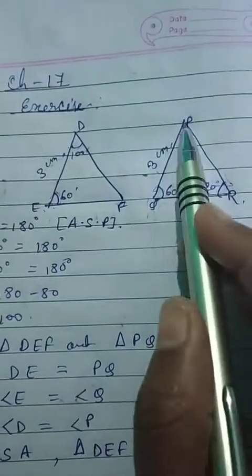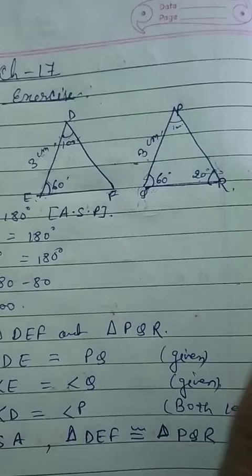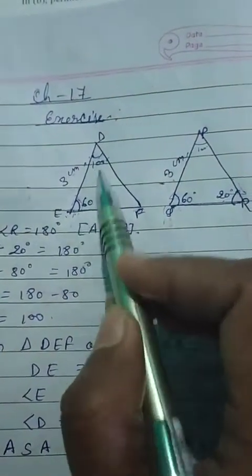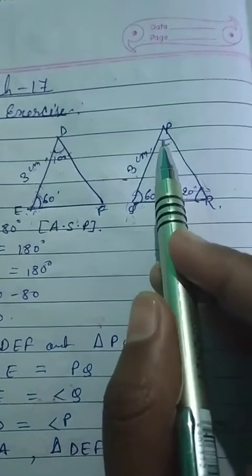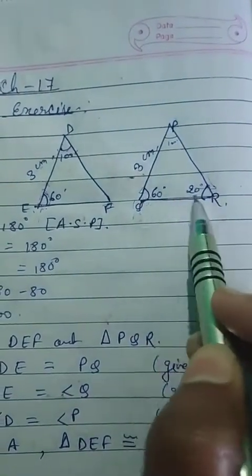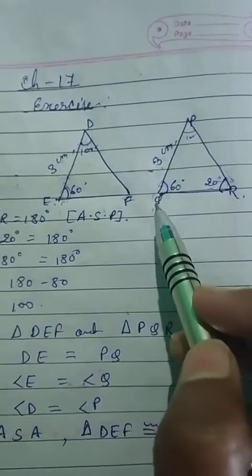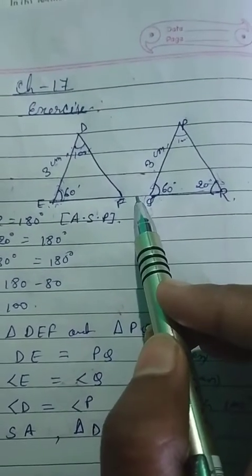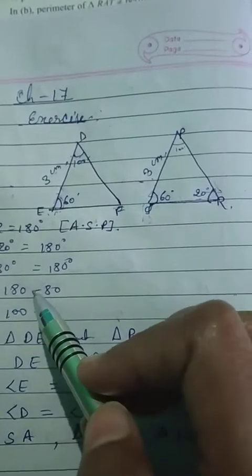So here you can see two angles and one of the sides is in between. And here one side and two angles are inside. So angle side angle here. But here you cannot see angle side angle because two angles are here and one of the sides. So these two are not congruent. But you can make it congruent.